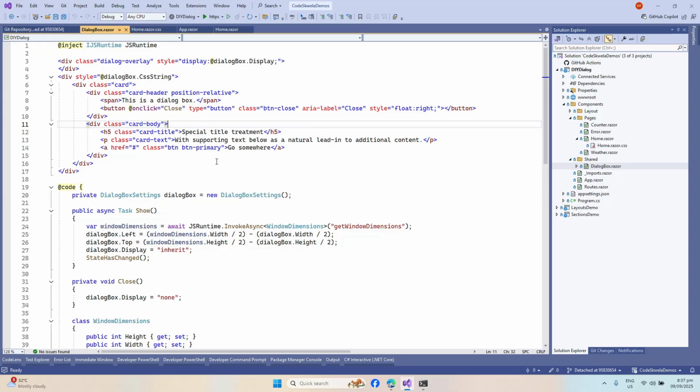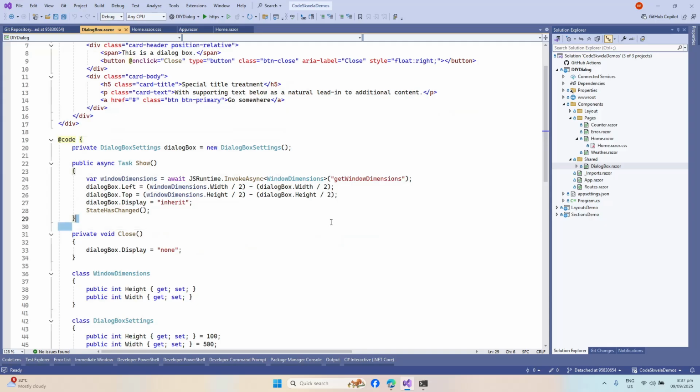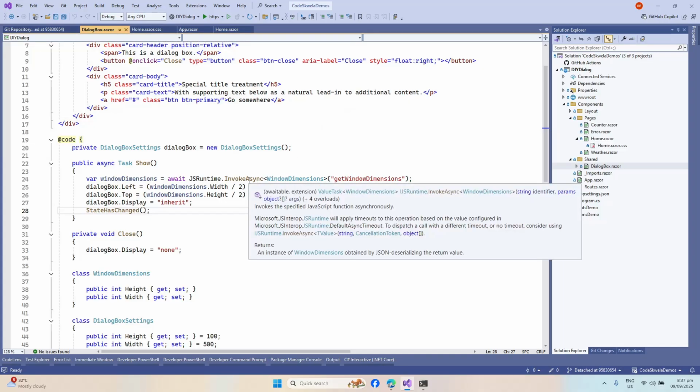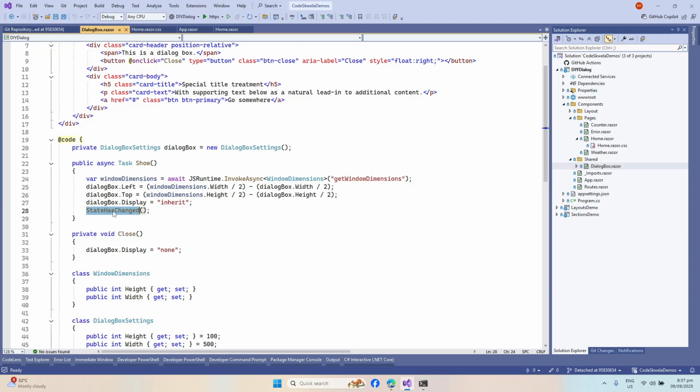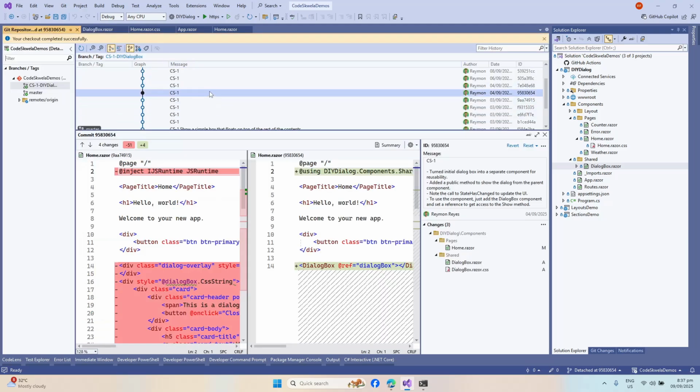Blazor would miss out on updating if you're doing asynchronous calls within your components. So one way to get your UI updated is to call StateHasChanged. Okay, so now moving on with that one,